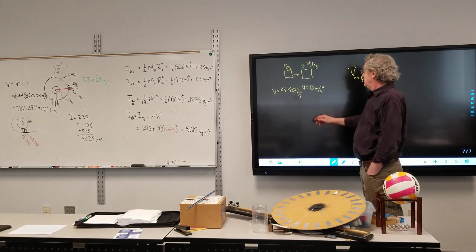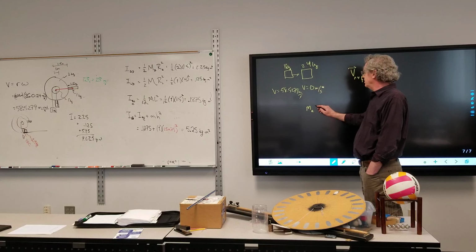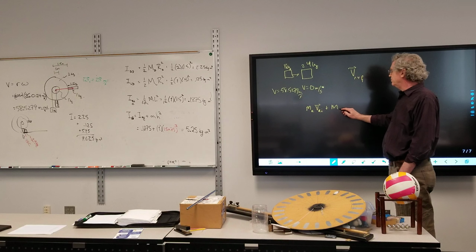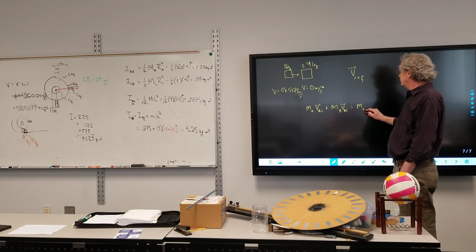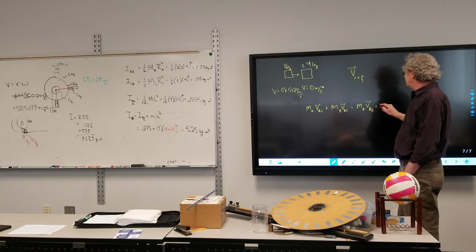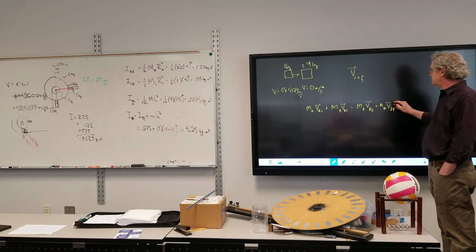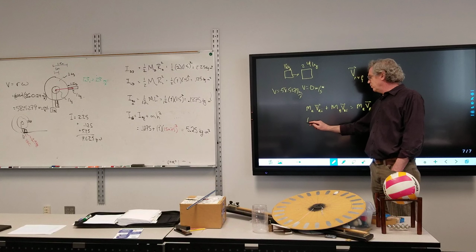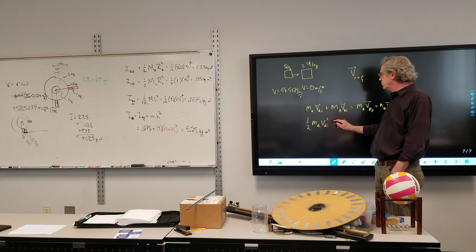Okay. So, my momentum is, I've got mass of rod, velocity of rod initial, plus mass of box, velocity of box initial, equals mass of rod, velocity of rod final, plus mass of box, velocity of box final. And 1/2 mass of rod, speed of rod initial squared, plus